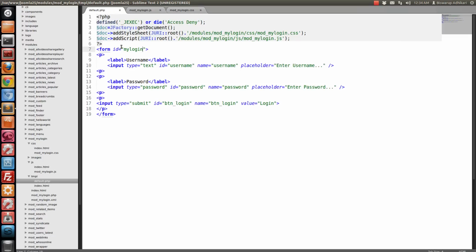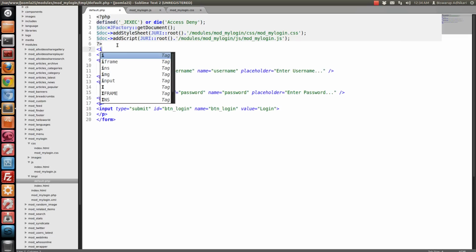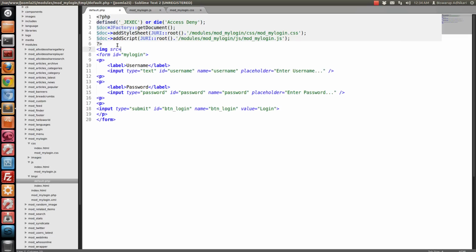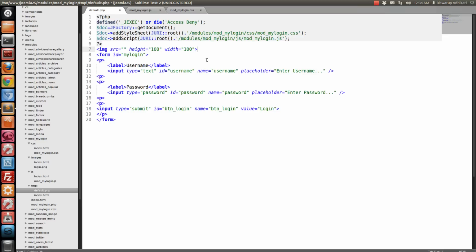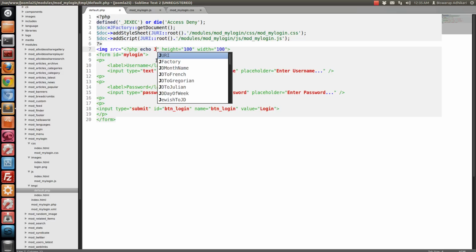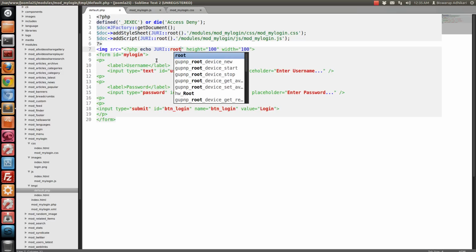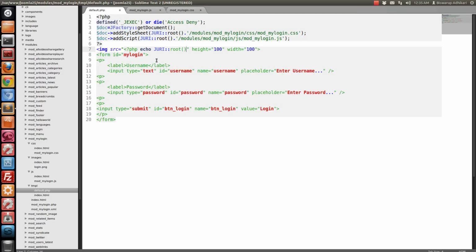Now, if I need to embed an image here, let's write img src, height 100, width 100, and I have placed an image inside the images directory of the module. We can display the image like this: echo JURI root. It will denote the Joomla installation path. Then